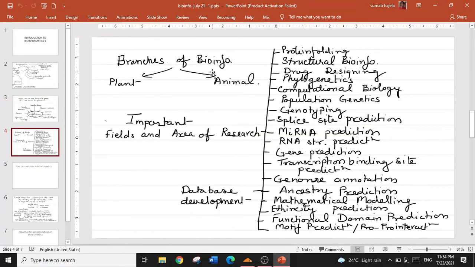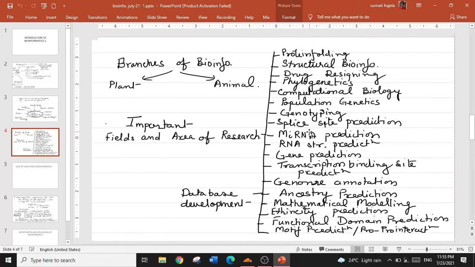Now, branches of bioinformatics, mainly there are two branches: plant bioinformatics and animal bioinformatics. Whatever is the branch, important fields and areas of research in both of these are structural bioinformatics, drug designing, phylogenetics, computational biology, population genetics, genotyping,